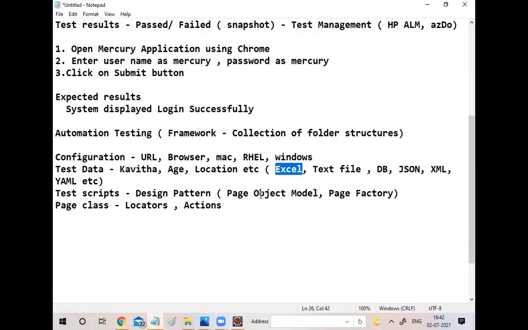For example, you kept your test data in Excel. Then you have to read your test data from the Excel files, so you have to write the programming for how to read the Excel.